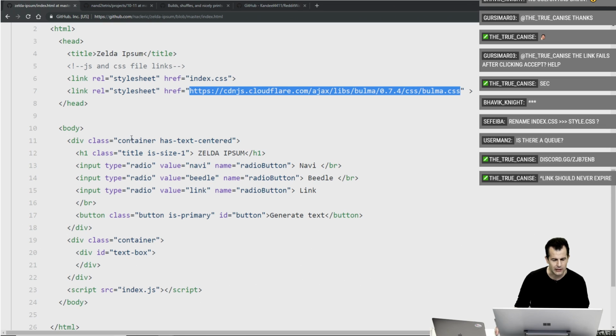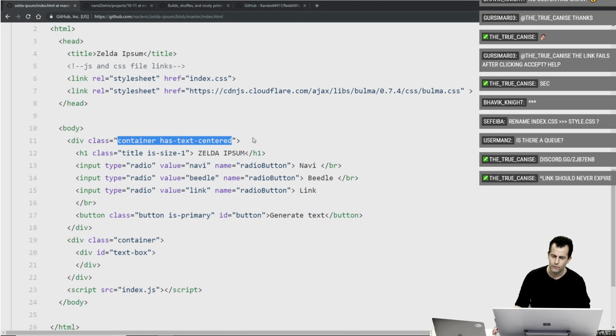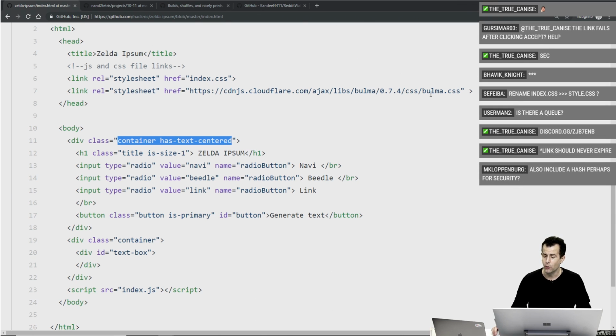We see some classes in CSS, and if you've not heard of containers or text-centered before as CSS classes, odds are that's coming from this Bulma framework that Eric has used up here via the CDN. So we would have to read the documentation to know what those are doing, but thankfully they're pretty self-explanatory. Odds are he's trying to center the text here, and here he's trying to make this text size 1